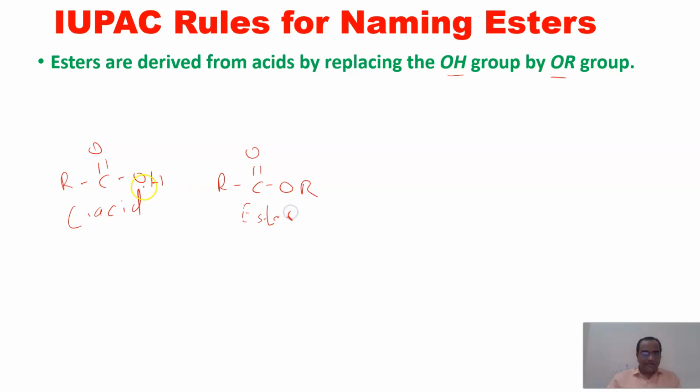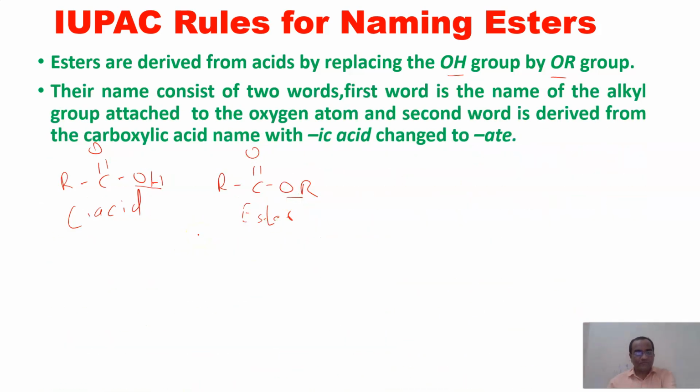By replacing the H, or by replacing this OH, we have substituted this OR, and it becomes an ester. In IUPAC nomenclature, the name now consists of 2 words. The first word is the name of the alkyl group attached to the oxygen, and the second word is derived from the carboxylic acid. Instead of oic acid, just keep the O, and the IC